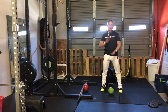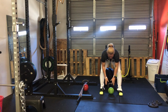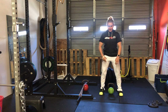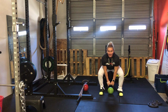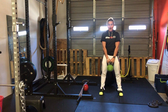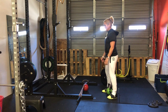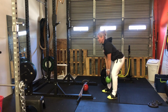Okay, to cover some kettlebell deadlift options, first little variation is going to be just a basic kettlebell deadlift from the floor. So with this, we're essentially just standing over the kettlebell, sending the hips back, and just standing up with it. Coming back to the floor, if your range of motion allows that. Okay, so from the side, you can see that I'm sending my booty back and just standing tall and coming